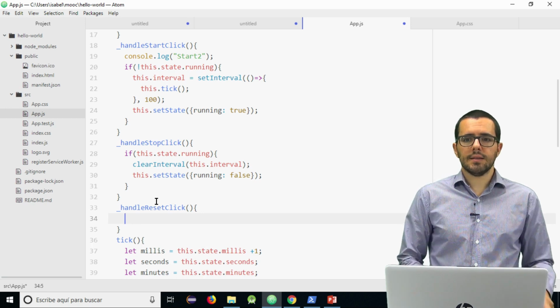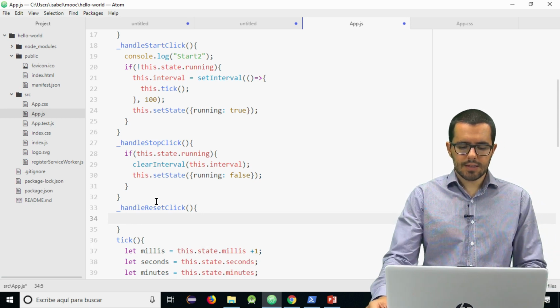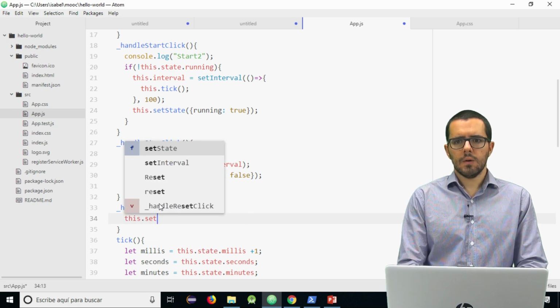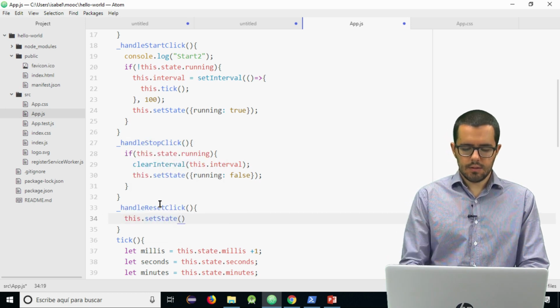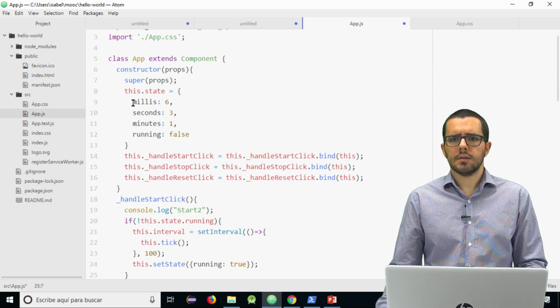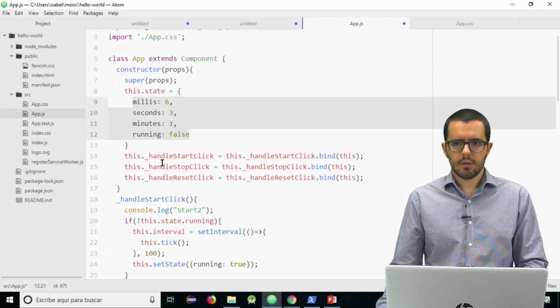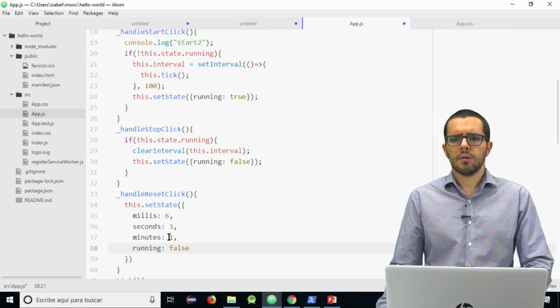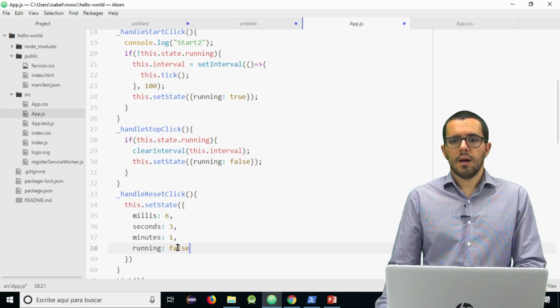Now, what does handle reset click do? It has to update the state to the initial state. Remember, the initial state is this. I can copy it and it is like that.